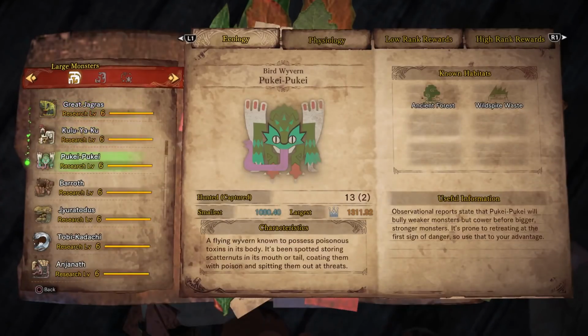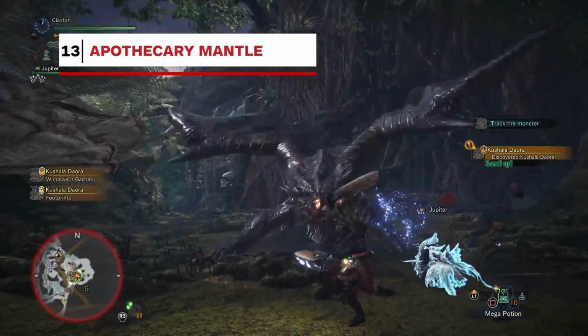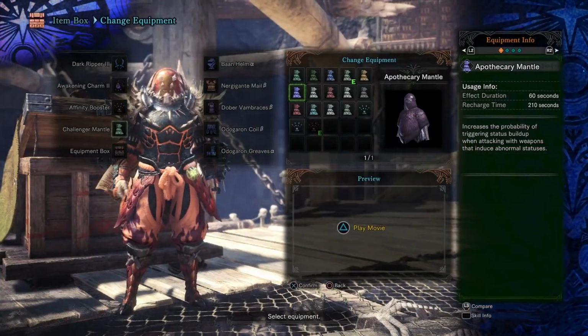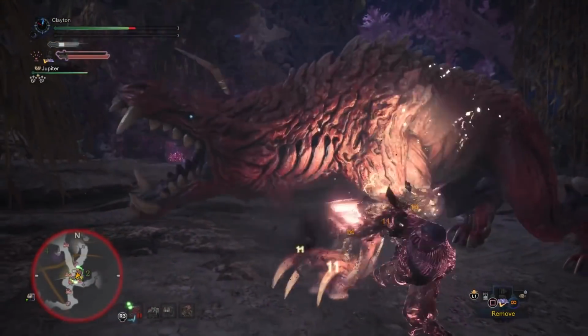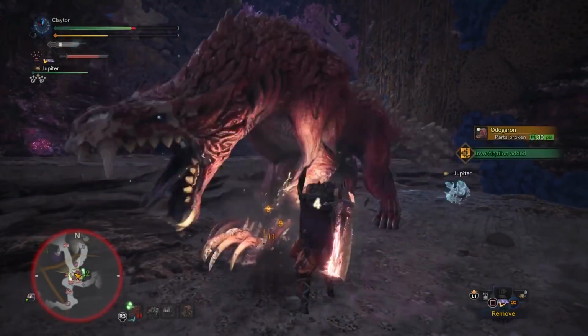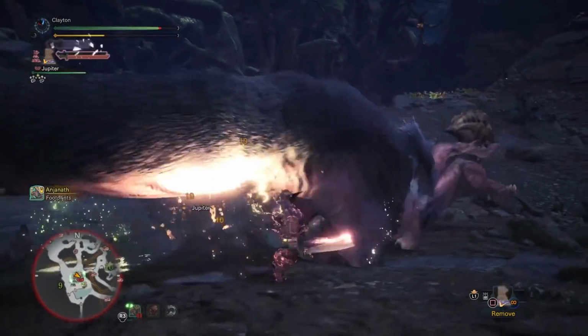After fully researching 10 monsters and beating a Kushala Daora in the Ancient Forest during the optional quest A Portent for Disaster, you'll unlock the Apothecary Mantle. A perfect addition to status effect weapons, the Apothecary Mantle increases the probability of triggering status buildup of weapons with abnormal statuses such as paralysis, poison, or sleep. Basically, that all means if you want to paralyze a monster with a paralysis weapon, you'll do it faster if